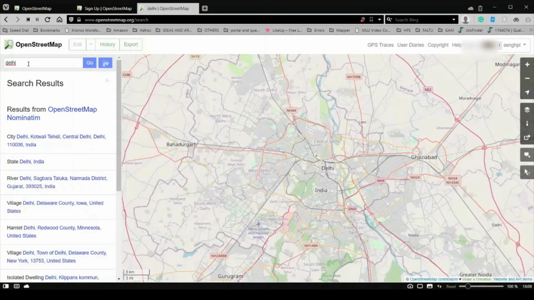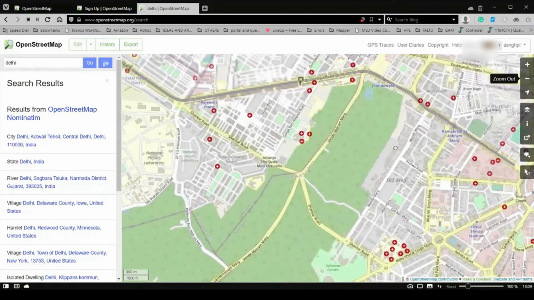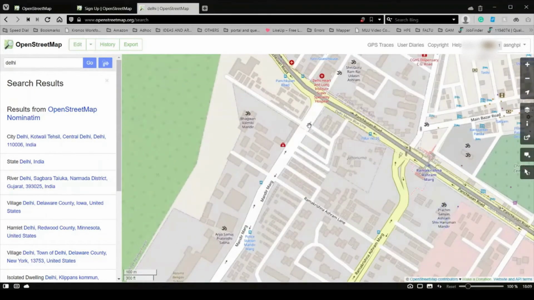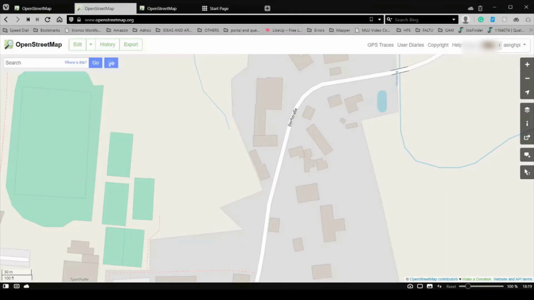Searching in OpenStreetMap is easy. On the left hand side of the screen, you can see the search area, and in that search area, you can search for any location in the world that you like. You simply type the location, and the new map area you selected will appear. For now, you only need to know how to zoom in and zoom out on the map. Use the zoom in and zoom out functions on the right of the screen and examine the map. You should also be able to see the three main elements of the map: points, lines and areas.